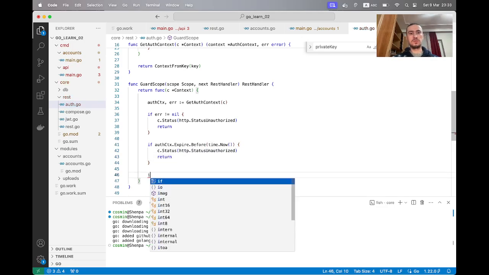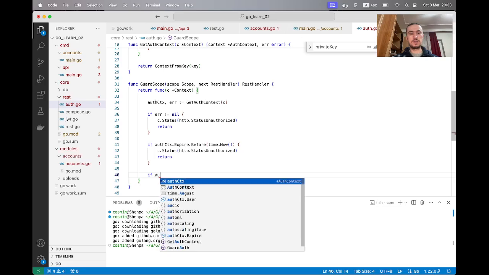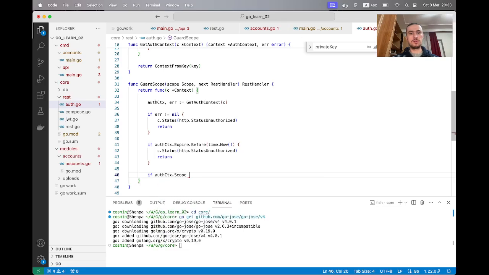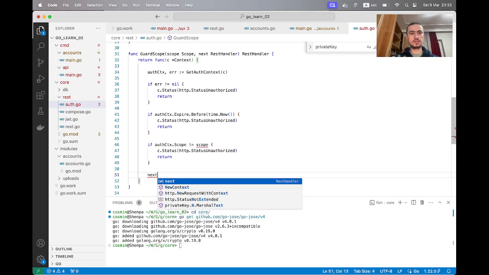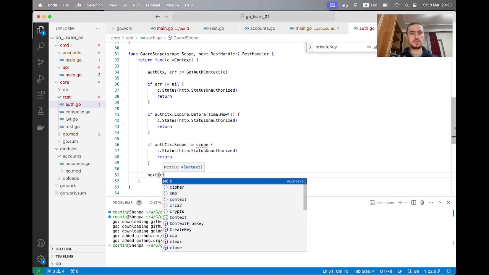We also want to check if scope is our expected scope, and we return same status, and if everything goes well, we say next, and we